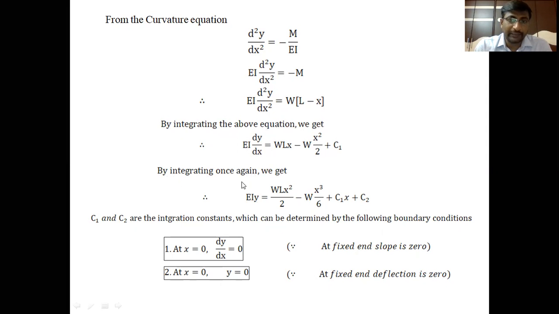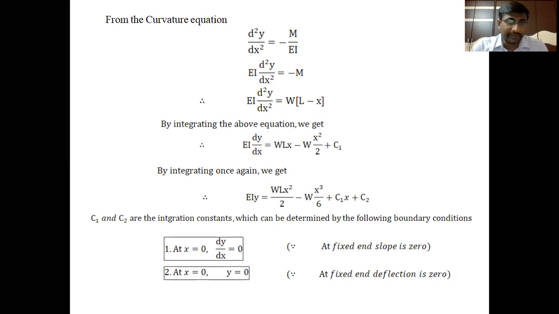And by integrating the above equation once again, we will get the deflection equation, that is EI into y. After integration, EI is the constant, and the integration of dy by dx is y, which is equal to WL into x square by 2 minus W into x cube by 3, so x cube by 6, it becomes W into x cube by 6 plus C1 into X, where C1 is the first integration constant, plus the second integration constant C2. So this is the solving method